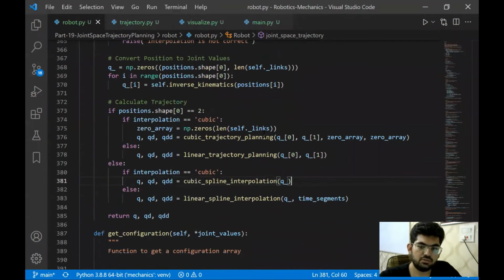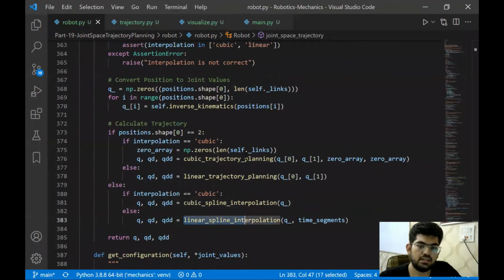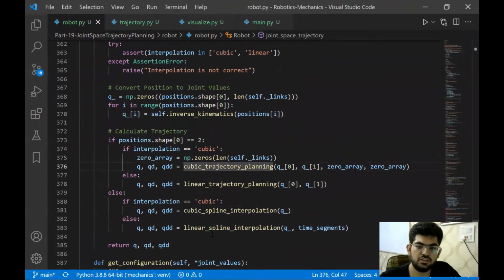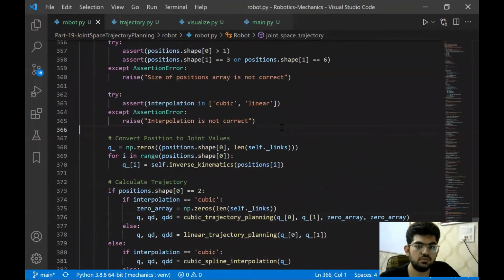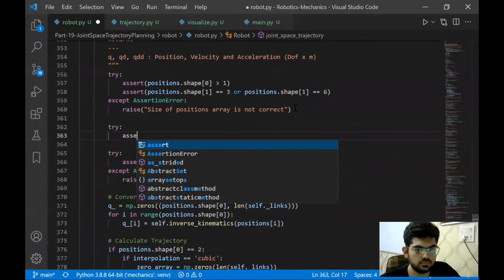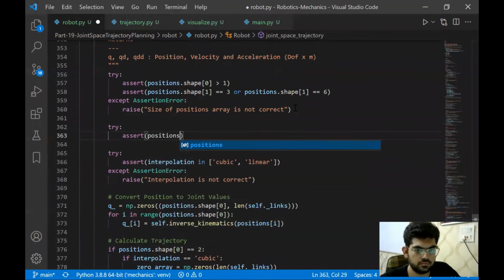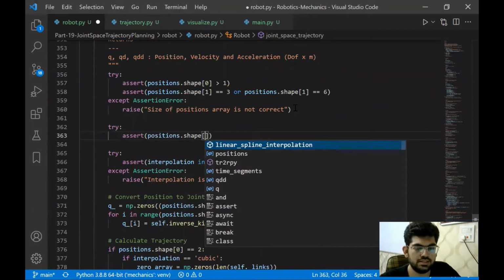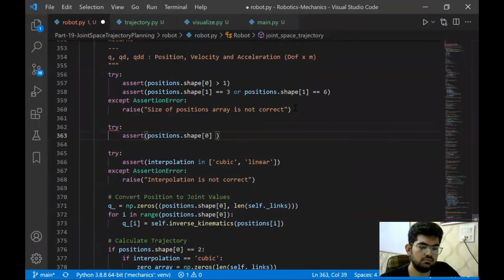One thing more that we need to take care of is adding a time assertion for this linear time segments as well. So let's do that. I think we can add it over here. Now the size of this is going to be number of points minus 1. That should be how it is.